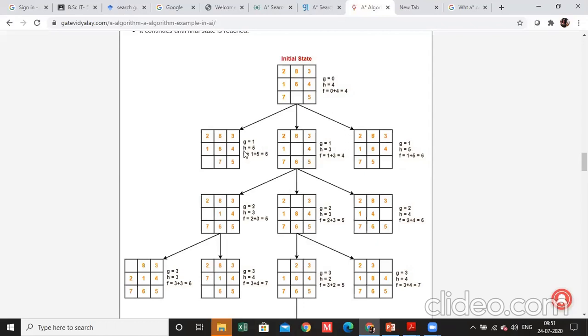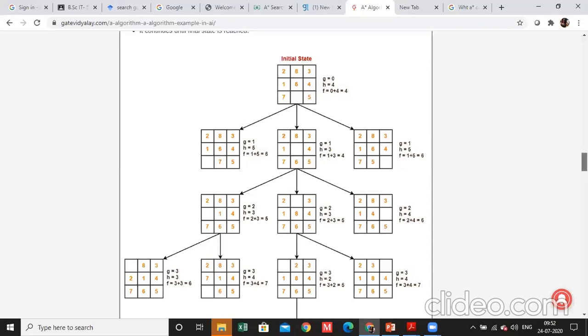So you already know how to calculate h. We compare this state with the goal state, and count the number of misplaced tiles. So here the value h is equal to 5, then h is equal to 3, and here h is equal to 5. So now I check which is the minimum value. First of all you have to count the f value. F is equal to g plus h, that is 6. Here f is equal to g plus h, that is 4. And here the value f, or g plus h, is equal to 6. Okay, now which has the minimum value, that is 4.